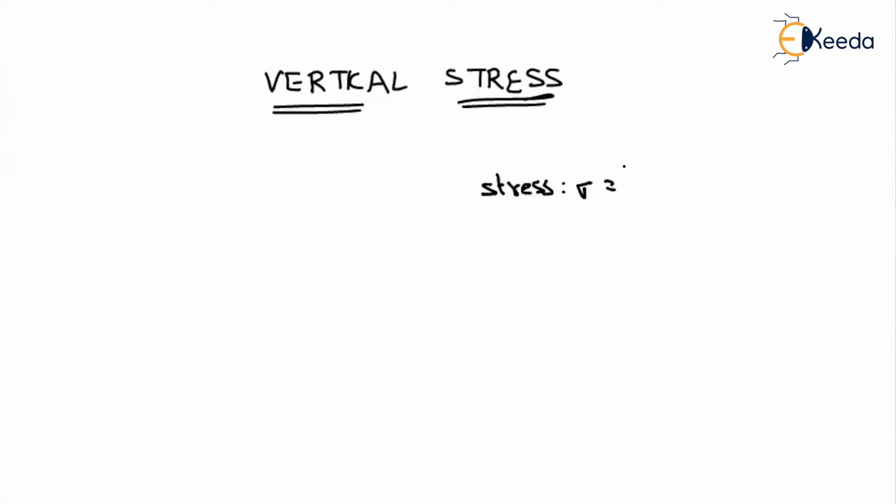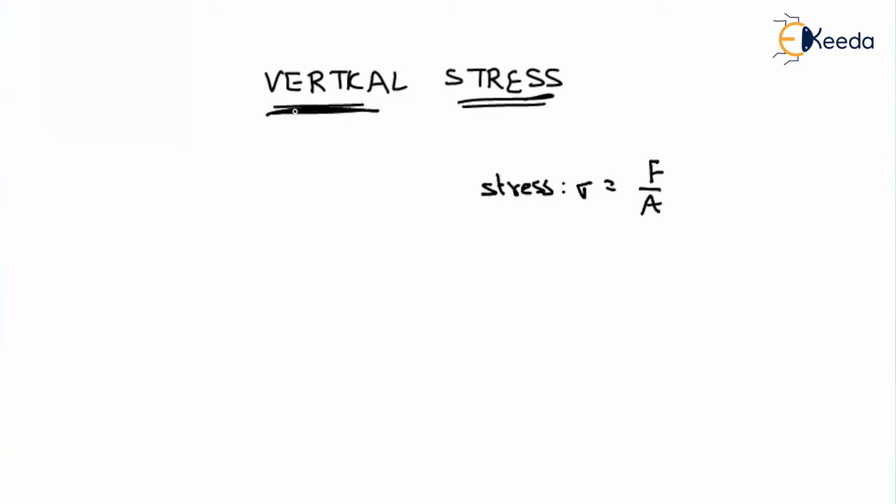So obviously, while getting the answer, you will take the applied load by area, but actually it is the resisting force per unit area. If the material is not showing any resistance, then it is not in equilibrium, and stress won't develop. So always here you can say resisting force per unit area.